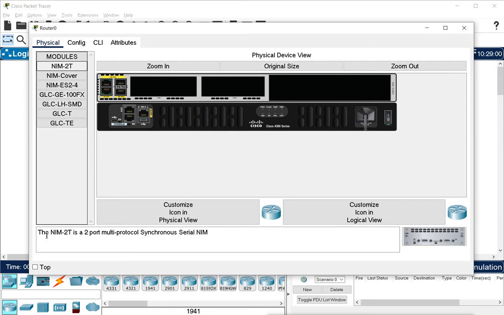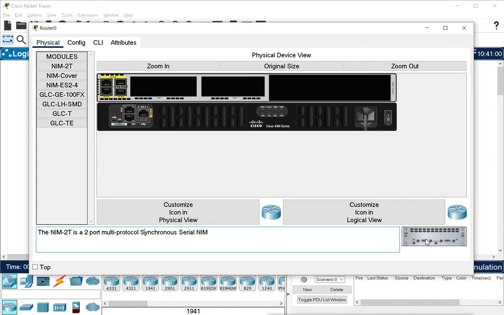It gives you the description here on this side. It is saying it is a NIM 2T, a two-port multi-protocol synchronous serial NIM. So it gives you the synchronous serial port for connecting the WAN network, and it is giving two ports here.